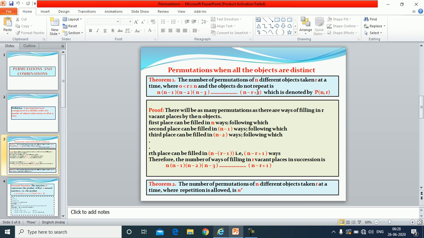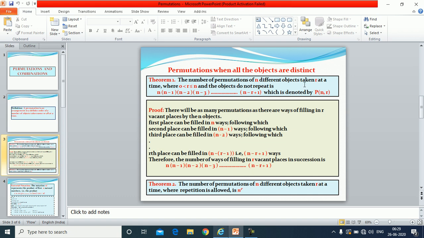How can you make out how to get this? Look at this part. In the second position, options were n minus 1. So this is the second position and this number is 1, so 1 less than 2. This is the third position and this number is 2, which is 1 less than 3. Keeping that in mind, you can easily make out how this expression is obtained. This is the rth position, so this number will be 1 less than r. So this whole term becomes n minus, within the bracket, r minus 1. When we open the bracket, it comes out to be n minus r plus 1.